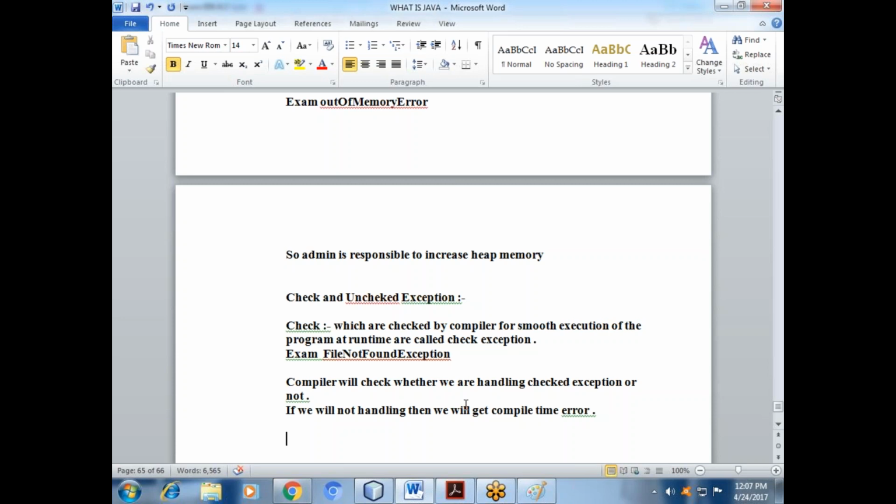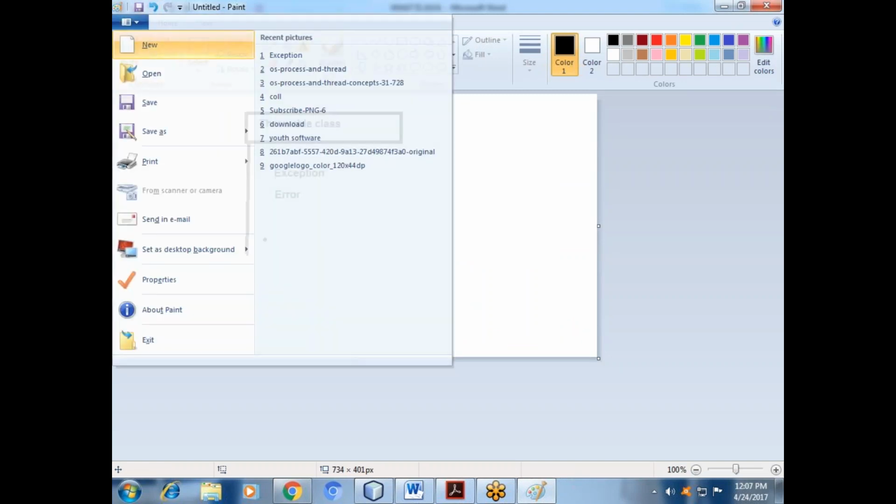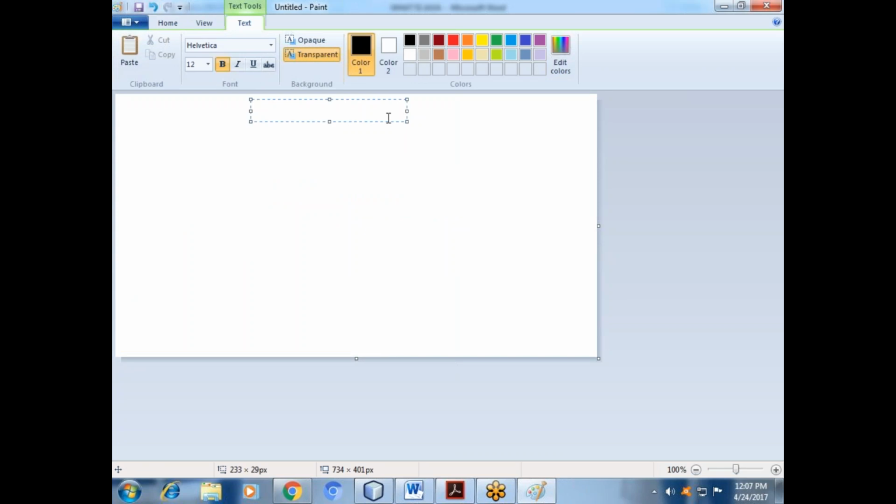So now, can you write the hierarchy of Throwable? What exceptions are there? That's better for you also. We will write the exception hierarchy. Suppose you have written this diagram also in your notebook. Yes, Sanjay. Okay. So this is the